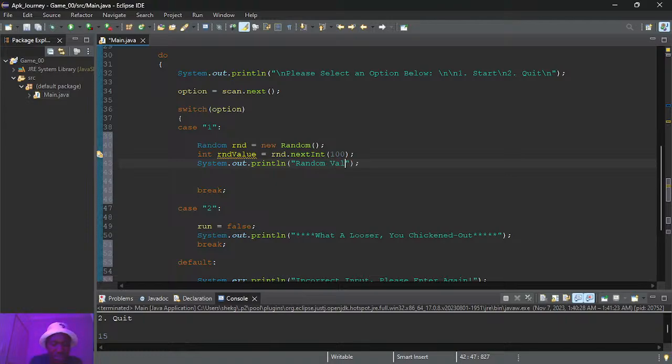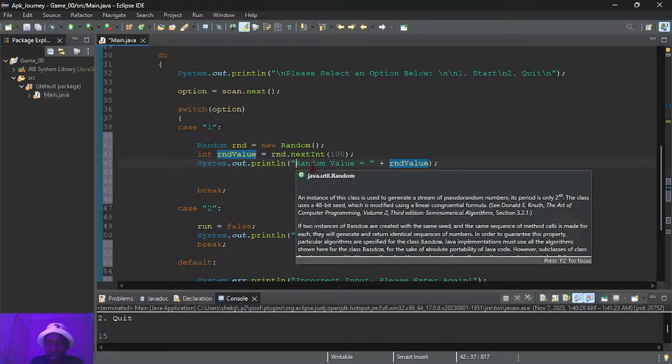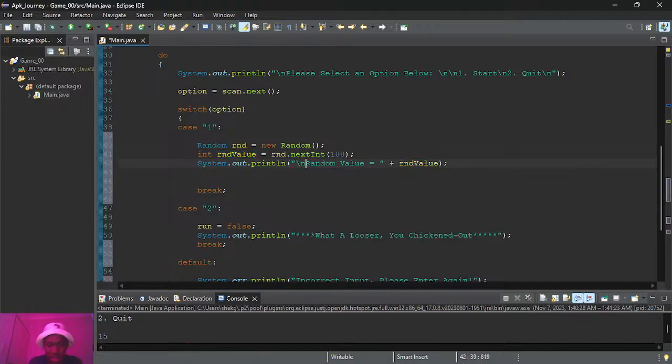Random value equals to, then we concatenate rnd value. So this is supposed to show the random value. Let me just put a new space before, and should I put one after?